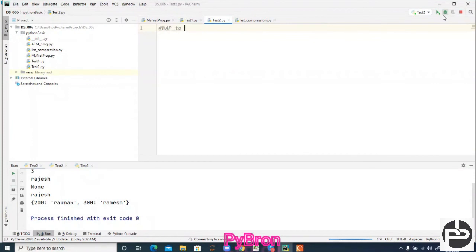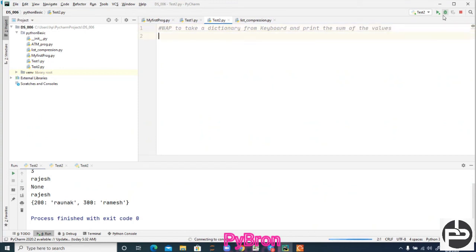Question number 1: write a program to take a dictionary from the keyboard or from the user, both will work, and print the sum of the values.